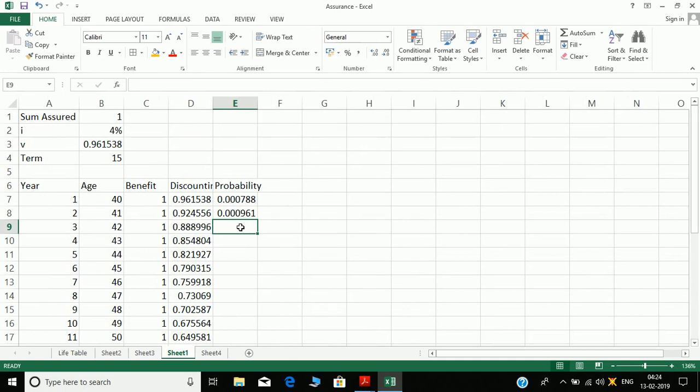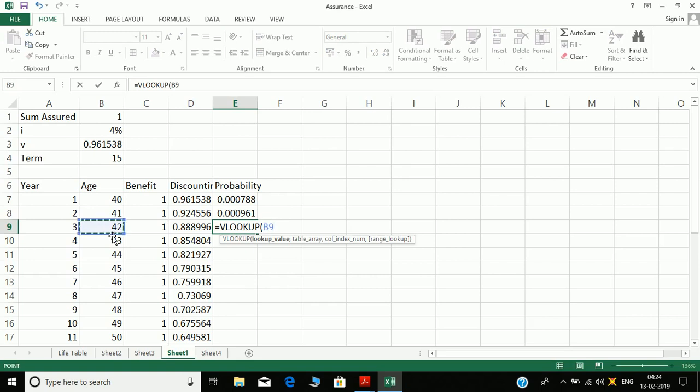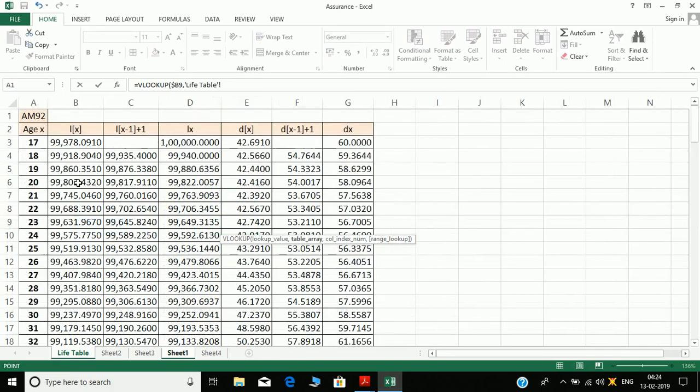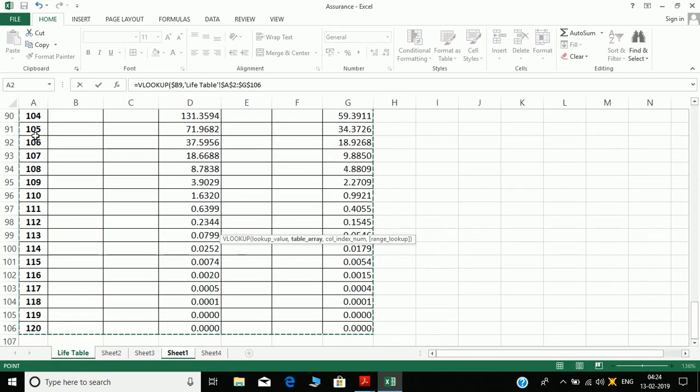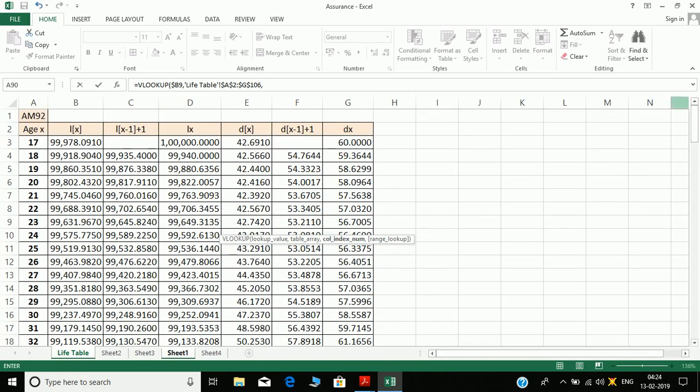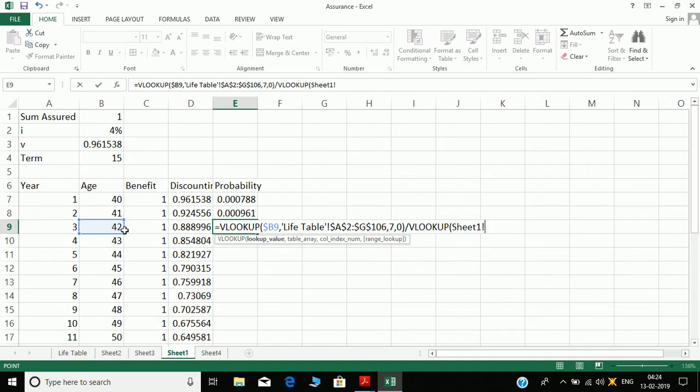Now for the third probability, again we cannot drag it down. VLOOKUP 42 in the life table, this, comma. Now we will take ultimate because for X greater than or equal to 2 it becomes ultimate. So again we come back to the 7th column, 7, 0, divided by VLOOKUP 40 in the sheet.